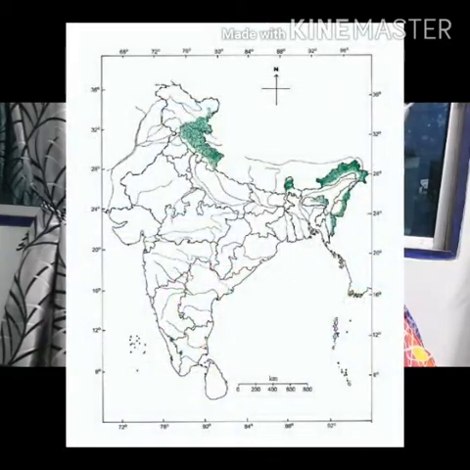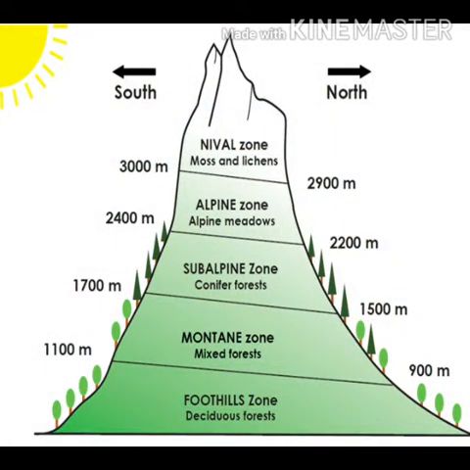The last type of vegetation according to the syllabus, which is mentioned in your book, is mountain forest or alpine vegetation. The name itself tells you, children, that this type of forest is found in the Himalayan mountains, that is the mountain part. Now, these forests experience hot and humid temperature. A wide range of species of this vegetation is found in the mountains according to the variation in height. That is, at different heights, different kinds of species are found.